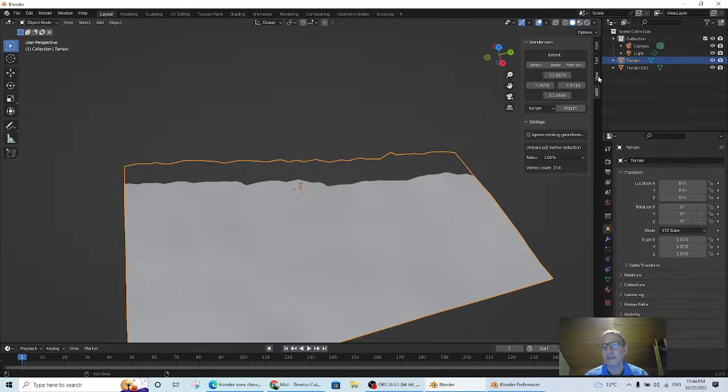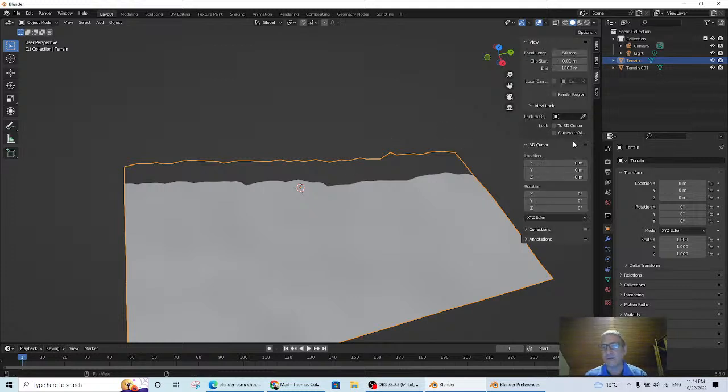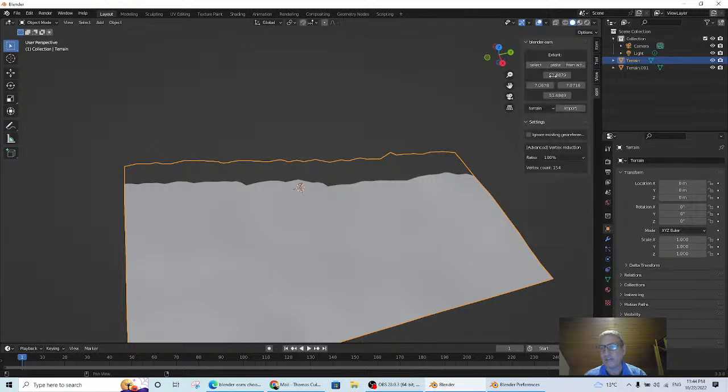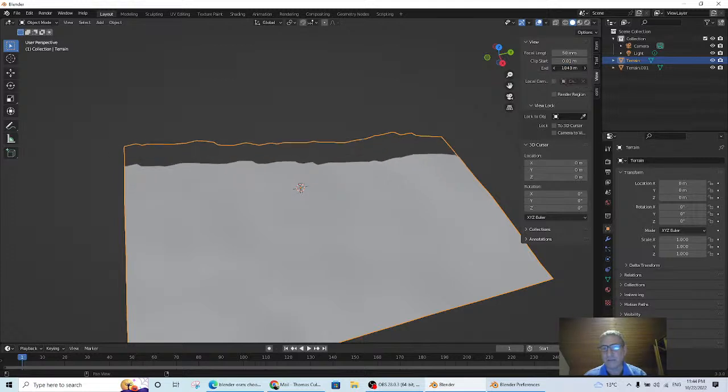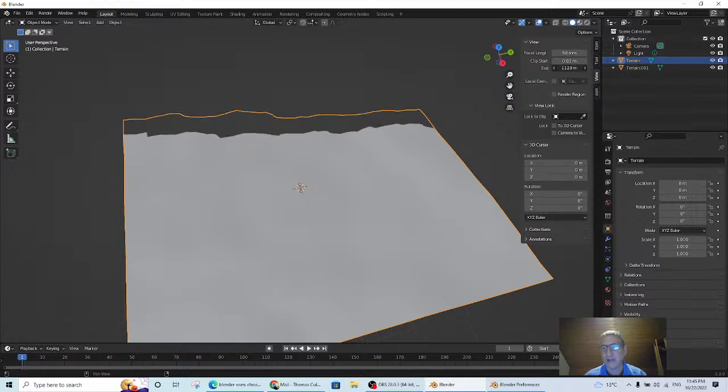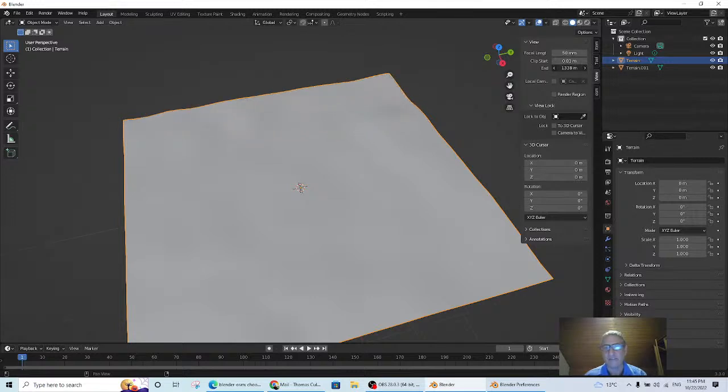To stop the clipping, you need to go into View, and you'll see under View, see OSM is here, that's where you're doing your work, but there's another tab here called View, and it's going to have a clip start and a clip end, and the clip end is not big enough. So what you want to do is make it bigger. You can see if I drag, I make it bigger and bigger and bigger until I get the entire view at 1,339 meters. Sometimes we just put in 10,000